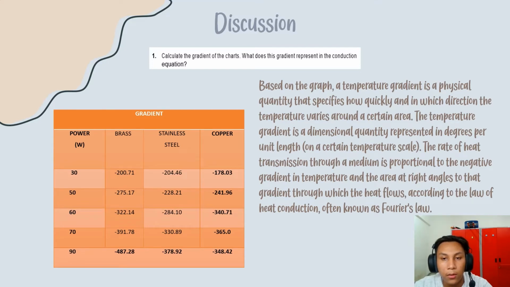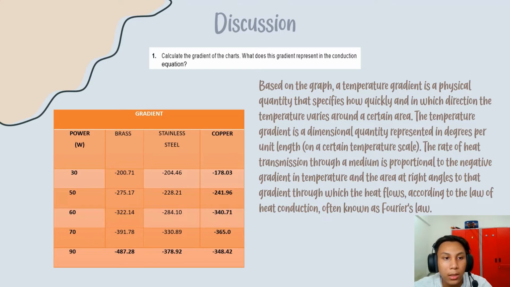The gradient for all three materials, as we can see in the right table, we have 5 different powers. So what does this gradient represent in this conduction equation? Based on the graph, a temperature gradient is a